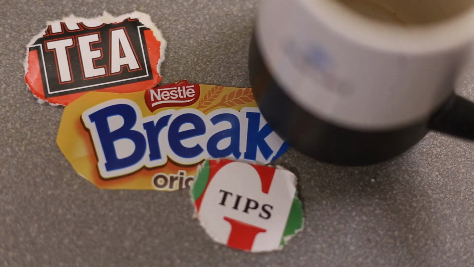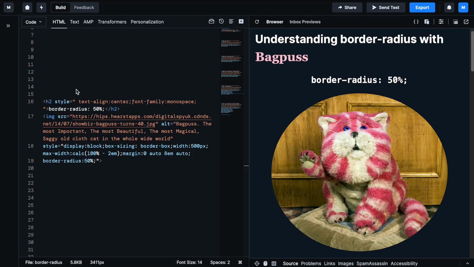Tea break tips. Okay, so in this video we're going to be looking at understanding border radius with help from